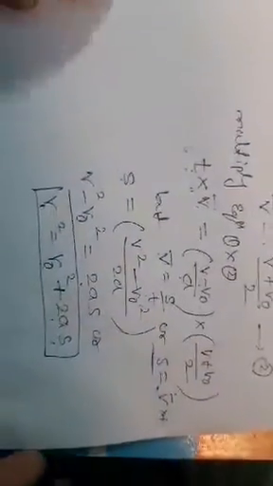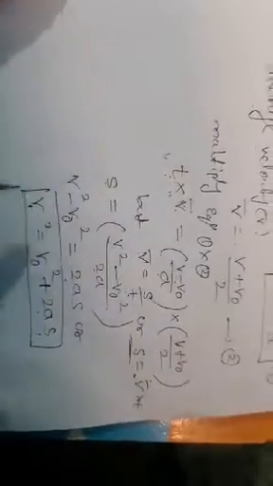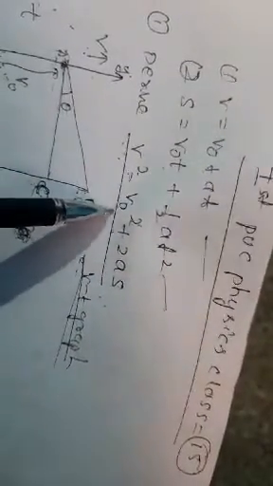These three kinematic equations are very important for the 5 marks questions and the problems also. These are the three kinematic equations. The first equation is v = v0 + at. The second is s = v0 t + 1/2 at². The third equation is v² − v0² = 2as, or v² = v0² + 2as. This is the concept of kinematic equations.